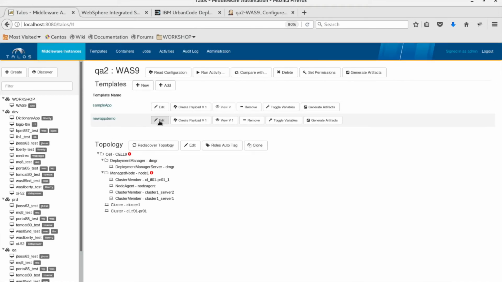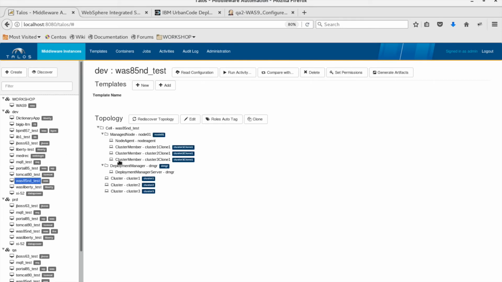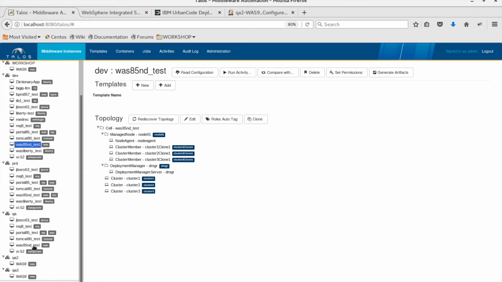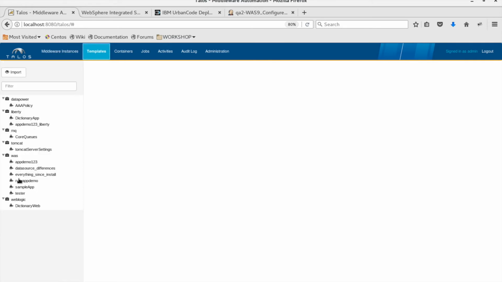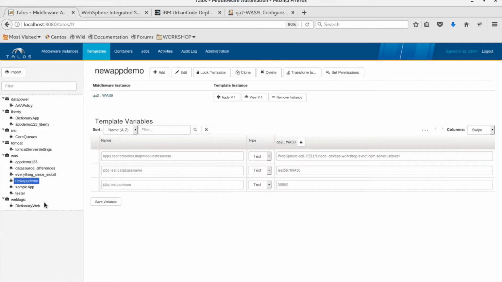And now if I click on edit, and by the way, I have an inverted view. This is the view of the middleware instance, and I can see the templates associated with it. So for example, here is the one that I had created down here. I can have an inverted view. I go on templates here. I can find that new app demo guy, that template, and I can see that he's linked to this middleware